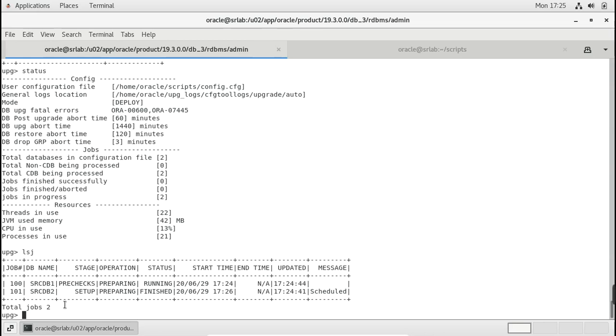The pre-checks are going on for SRCDB1, and setup preparation is finished here. It is scheduled. It will take quite a long time because we do not have enough resources on this machine. It is going to upgrade and then plug, so it will take many hours.